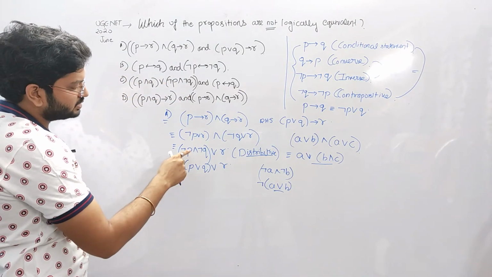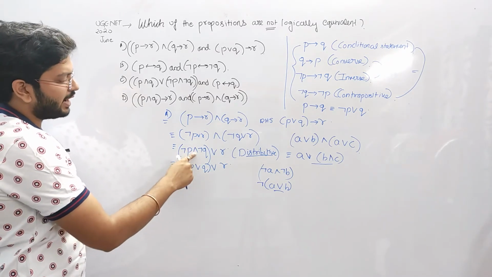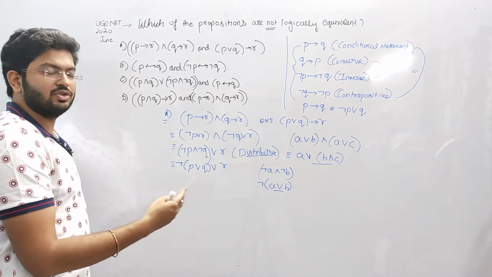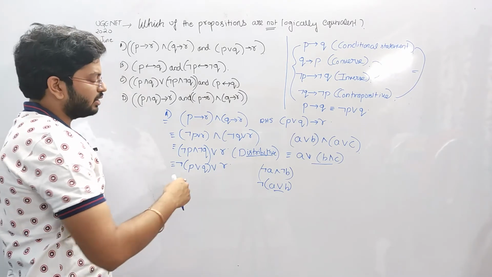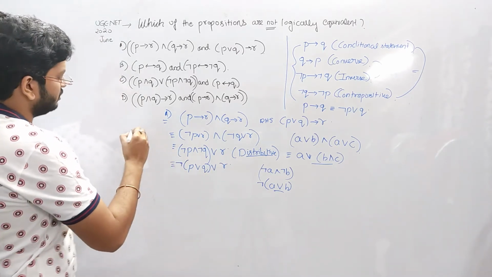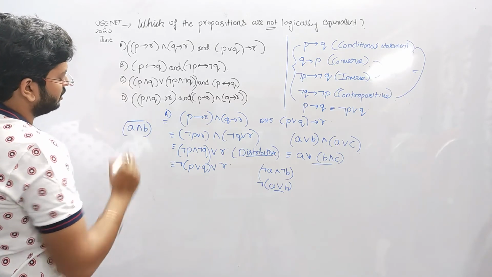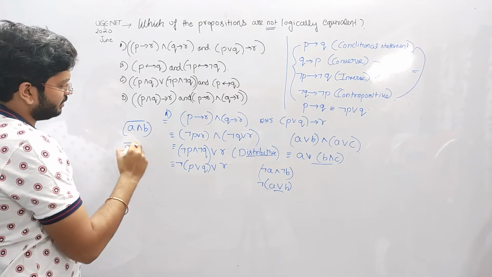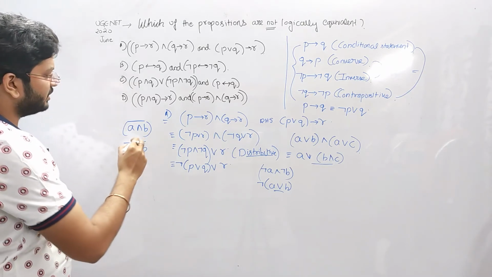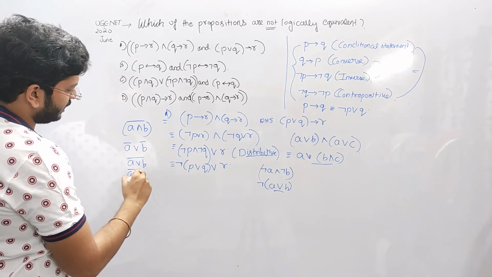Negation is taken out. This P remains as it is, Q remains as it is after removing the negation, and AND will be changed to OR. Simply now, if we remove the complement, 0 changes to 1, 1 changes to 0, plus is converted to multiplication, and dot is converted to OR. If we have something like A and B, and if we take the negation, what does it become? Negation A or negation B. It is simply the application of De Morgan's law. And if we have A or B whole complement, it is negation A and negation B.